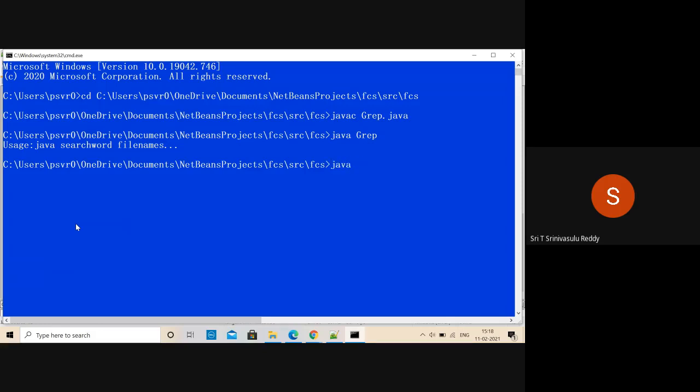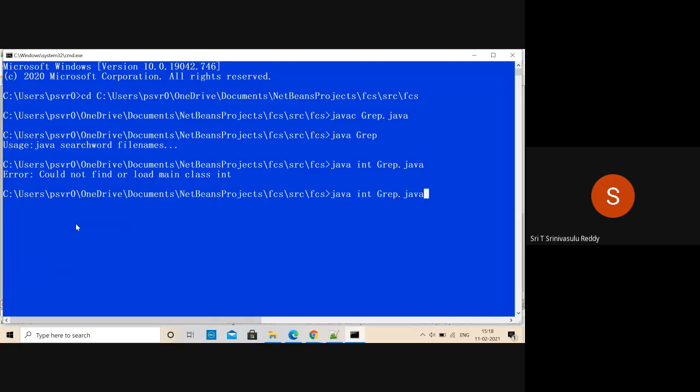So java followed by search word. Let us say the search word is int. This is the word that you want to search, in the same file, let us say grep.java itself. You can search in any text file, and grep.java is a text file. When you give it, it says could not find or load main class int.